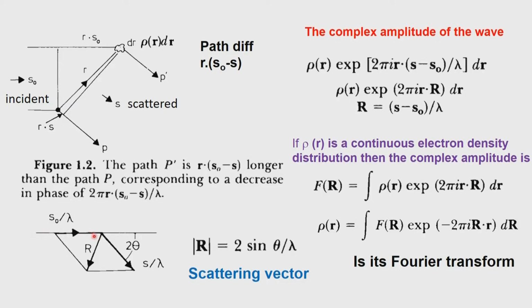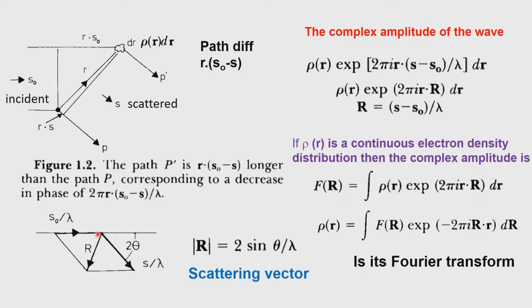So, we have the generated X-rays, with a certain wavelength lambda. All this discussion came up because I was using this lambda as a normalization factor. In most of these experiments we try to get the lambda to be a single value. In the earlier experiments which Laue and others did, which we are going to discuss now, they used white radiation. However, it is now recommended that we use what we call monochromatic X-rays. So, there is a single wavelength X-ray, and the incoming incident beam is normalized with respect to that.